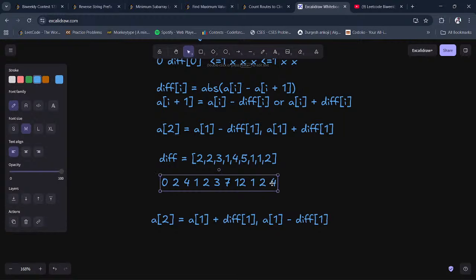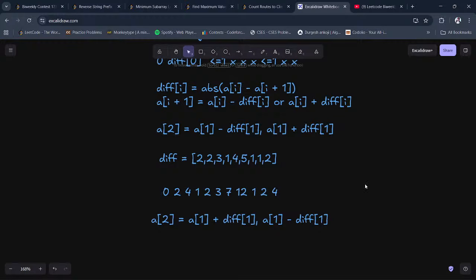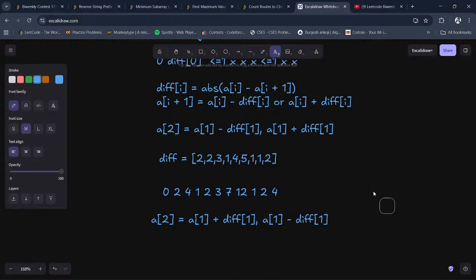What do I mean by reverse? I will traverse from the back side now. Suppose I place my pointer I. This is my I, so initially I is here. The difference is 2. So I will check for this value. The answer would be,